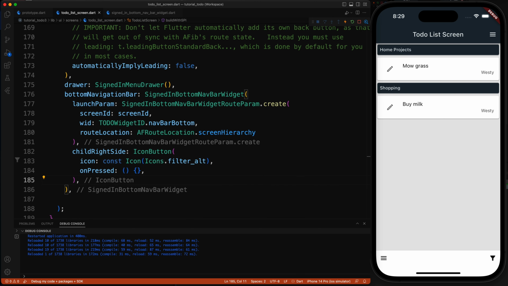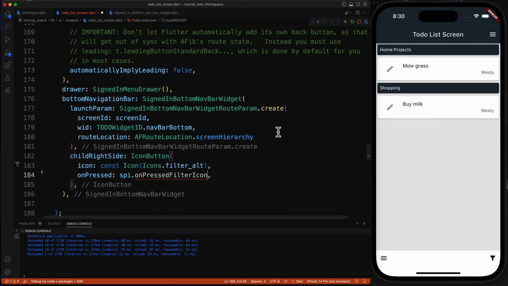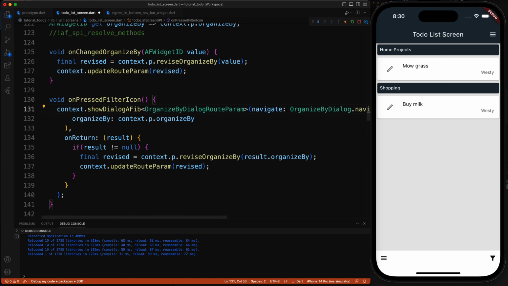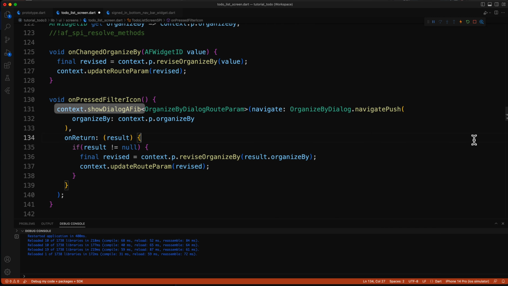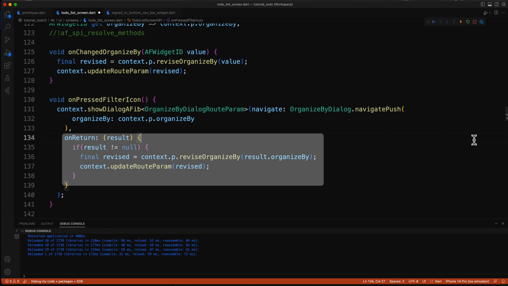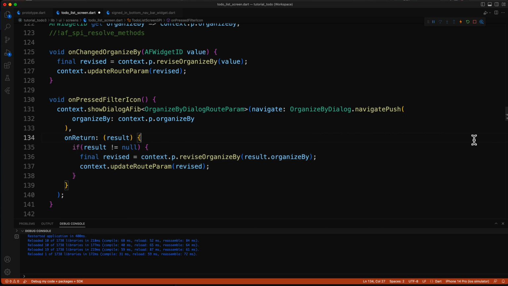And I'll add an event handler to the SPI. The event handler shows the OrganizeByDialog using the context.showDialogAfib call. Just as with a screen, we launch the dialog using its navigatePush method. And the showDialog method also takes an onReturn handler, which receives whatever was passed to the dialog's onCloseDialog method. In this case, we pass the dialog's root parameter to the onCloseDialog method, so that is what I will get